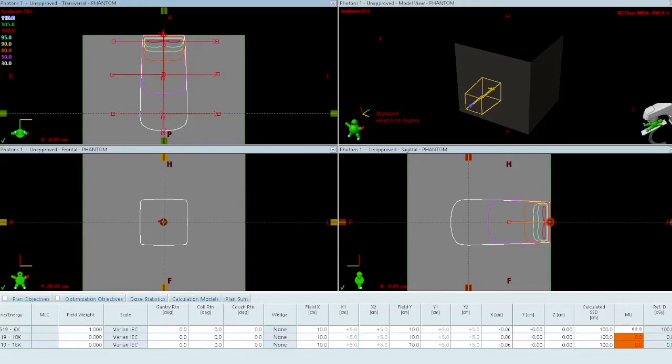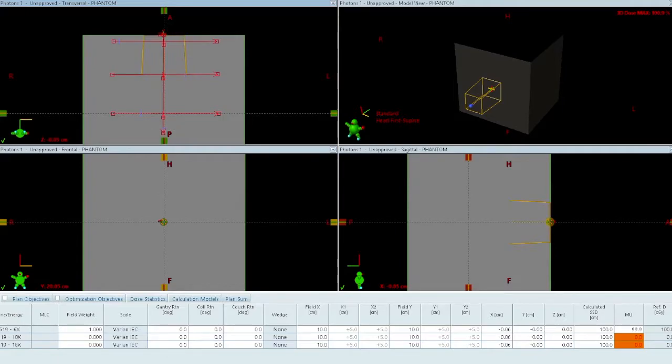Right now I have three fields set up, fields 1, 2, and 3. Unfortunately, because of the limited size of my screen, you're not able to see those, but field 1 is going to be 6x, field 2 is going to be 10x, and field 3 is going to be an 18x beam. They're all set to 100 centimeter SSD, and I have them set to deliver roughly 100 monitor units. And then all the doses that you're going to see are going to be in relative doses,